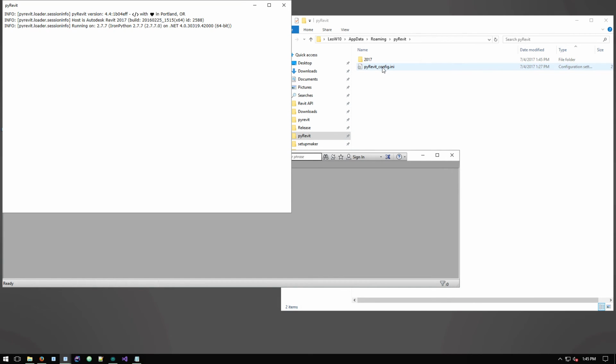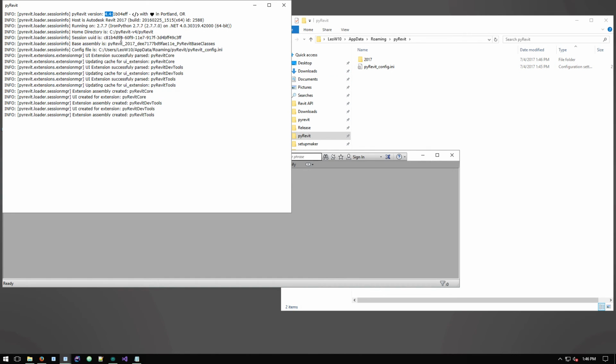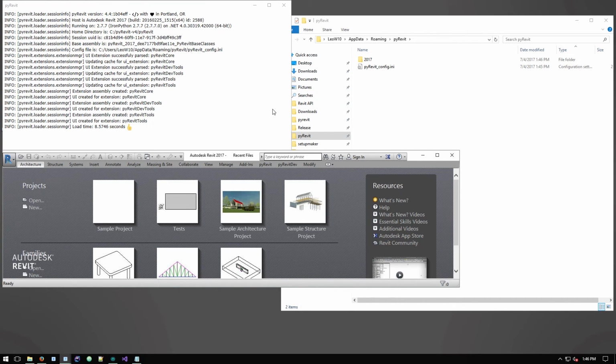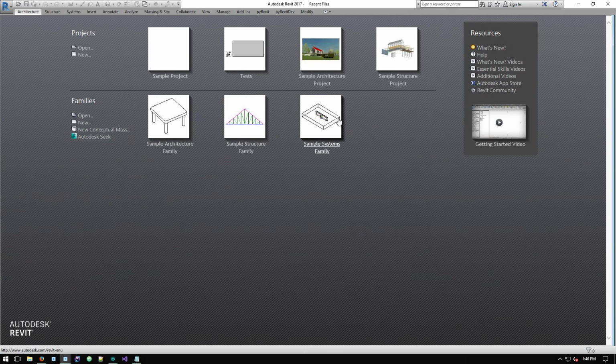And you just notice that pyRevit renamed that configuration file correctly to the new format. And you can see this is the 4.4, the new version of pyRevit, and that is basically running right now. So we are done. I can close this, open this back up, and then, okay,